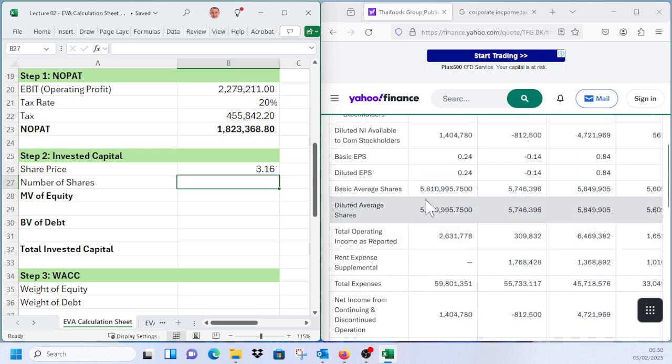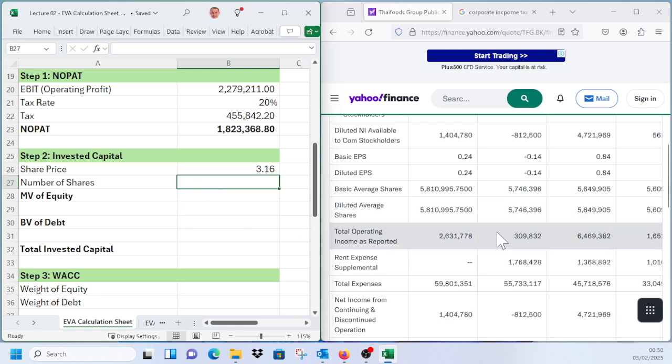If we scroll down in the P&L, we see here diluted average shares. So we can take the full number of shares and we can put in this number here. So we have 5,810,995.75. So that's 5 billion shares, and therefore we can calculate the market value of the equity at this moment,